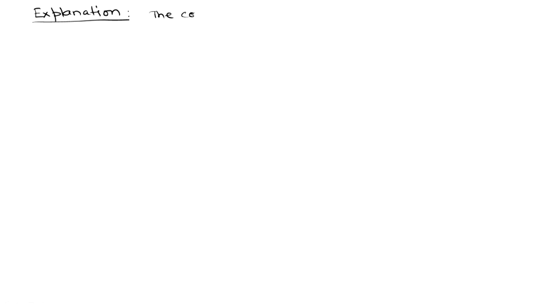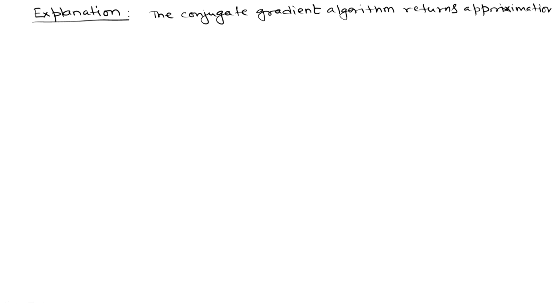The conjugate gradient algorithm returns approximations, means in different iterations, x j, that is the solution in jth iteration, as a vector of the sum of initial solution plus a vector from jth Krylov subspace of A and r 0, and this is true for j equals 0, 1, 2 and so on,